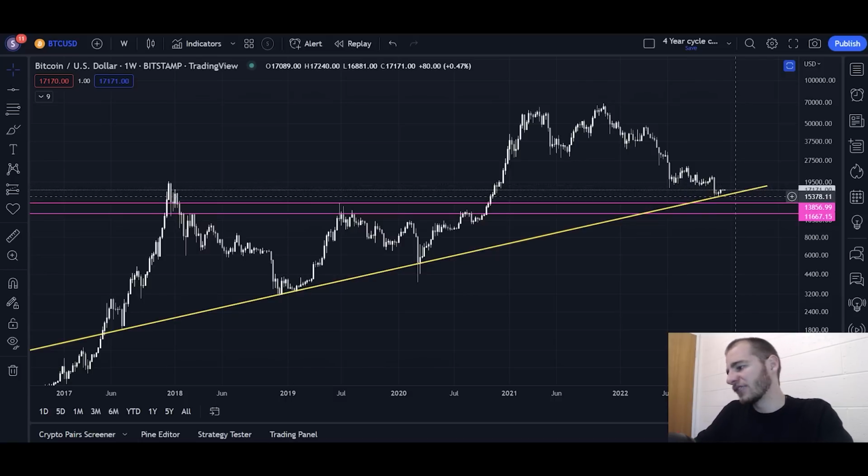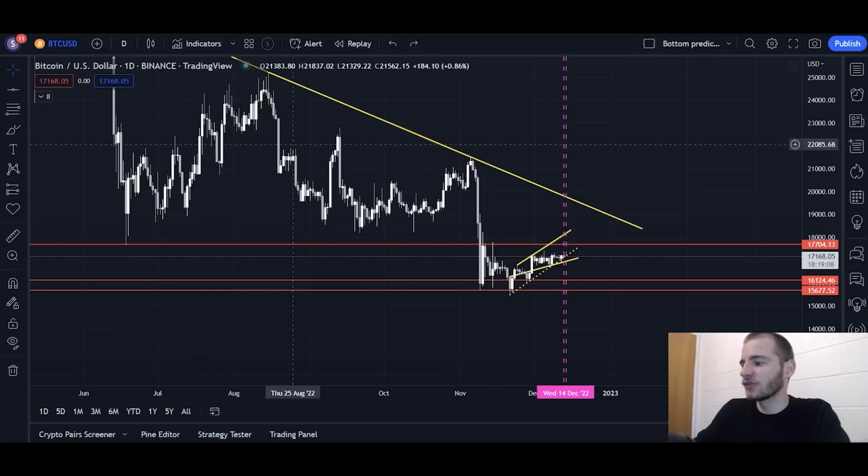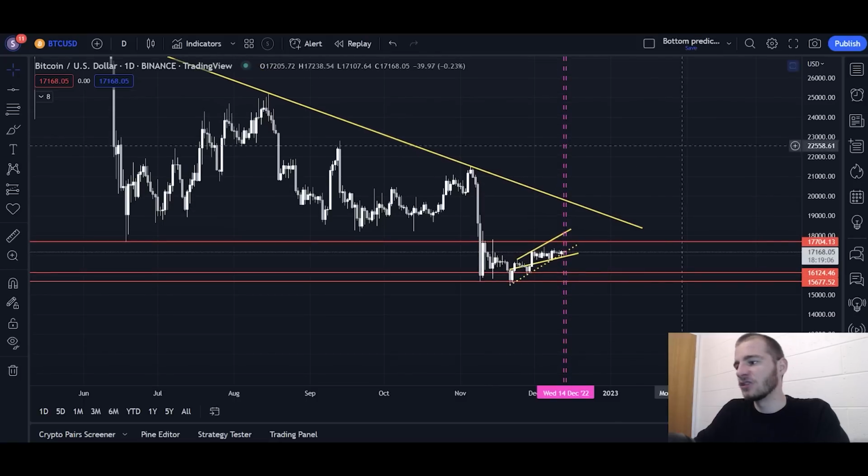Ultimately though, I have said over and over again over the last year, I don't really care where the price bottom is. I care when it is. Ideally, it's in Q4. That's what the 4-year cycle says. Maybe a few weeks into January at the latest, but ideally Q4. That's my prediction. The price point's very hard to say. What I can say is that we do have those critical levels that I explained at the start of the video, and you do need to be watching those.